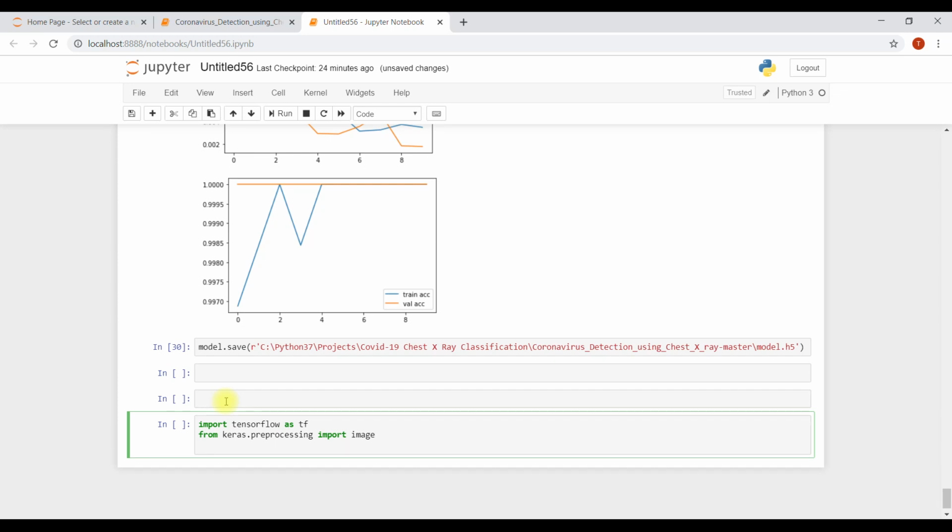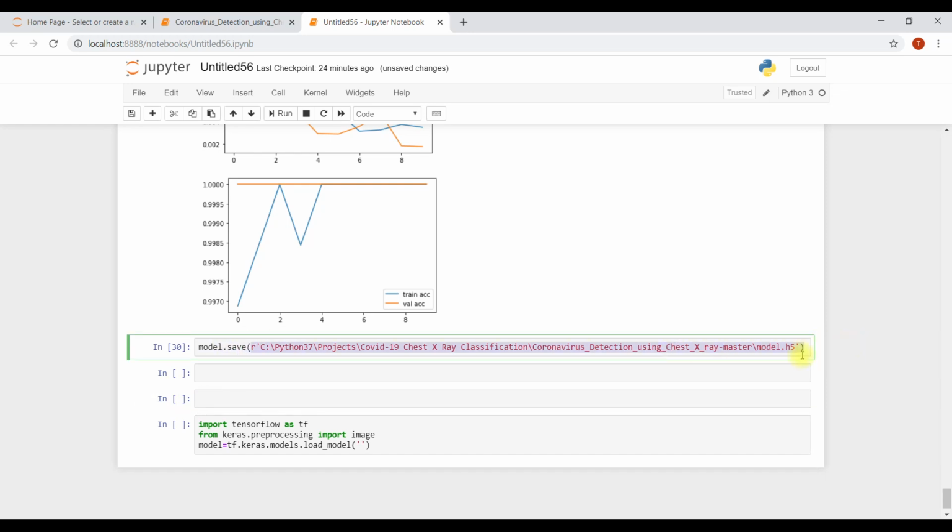Then model is equals to tf dot keras dot models dot load model. You want to load the model. What is our model name? This. Okay, so that's how you gonna load it.